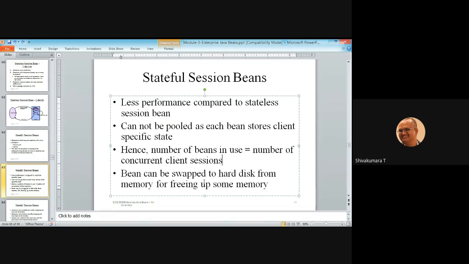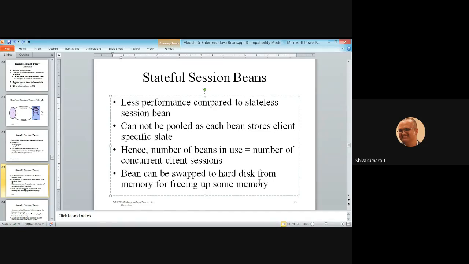A bean can be swapped from memory to hard disk for freeing up some memory. The EJB passivate method is used by the EJB container to clean up the memory whenever the session is in idle state. Because of session timeout, that bean is going to be temporarily paused.